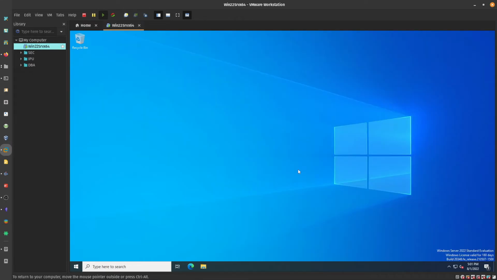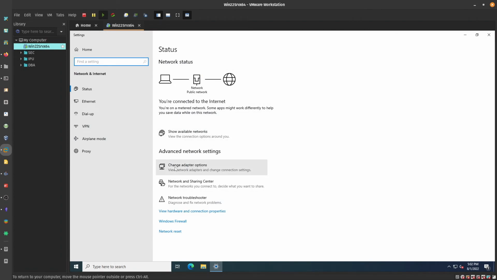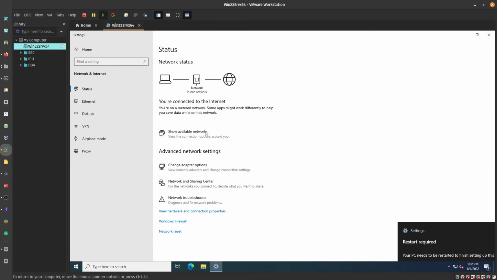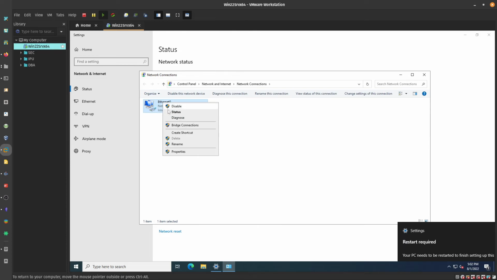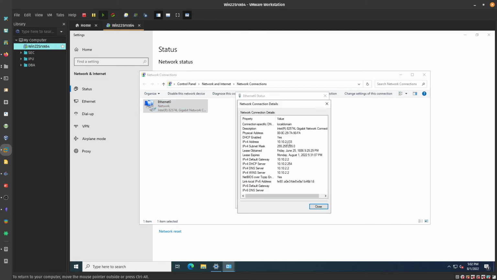So we need to set a static IP for this server. If we keep it on DHCP, once we restart, it will take another IP. So it will be useless to have the IP change each time. So we can set a static IP for the server. To do that, we can click on this icon here, right click, then open network and internet, this one, then click this one, change adapter settings, then right click here and check the status first. Let's see what we have here. Settings,